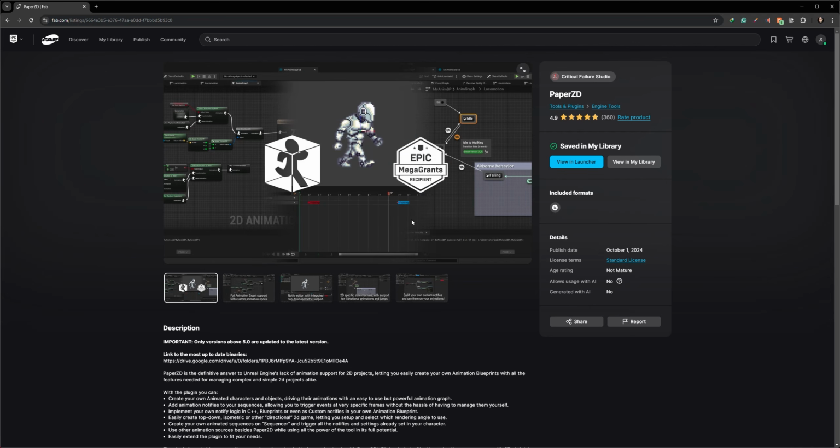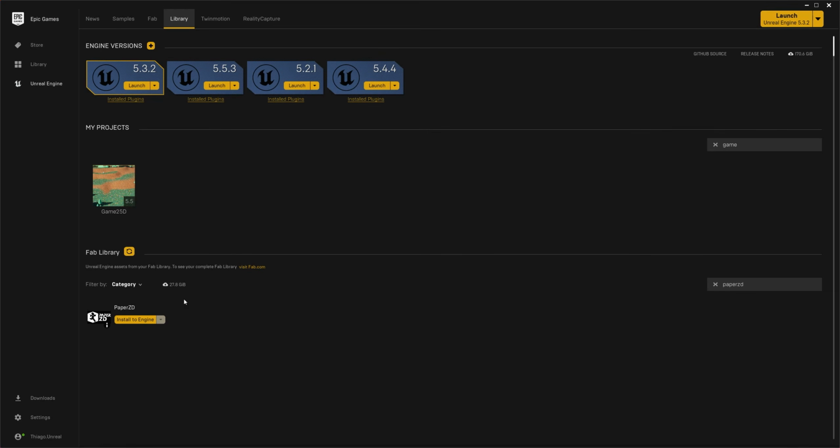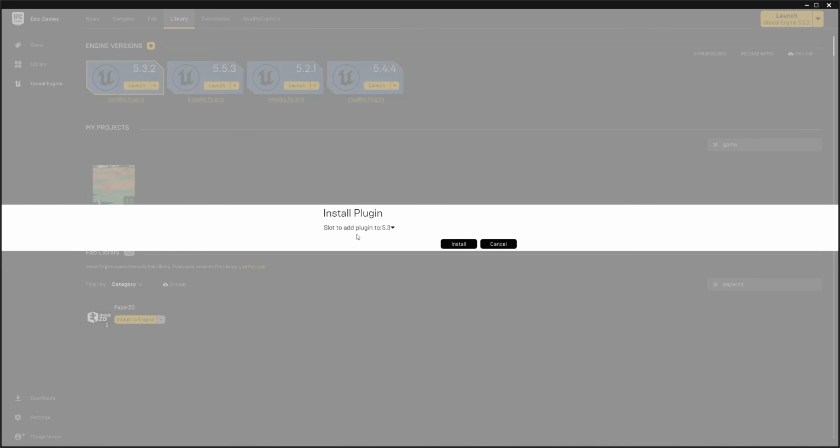You can use the vanilla tools inside Unreal, but this really will help you speed up the process. It was an Epic Mega Grants recipient, so you know that this is going to be forever free and available for you. After you download it, it's going to show up in your Fab library. You might need to press the refresh button a few times due to the nature of how this works right now. Sometimes when you make a purchase or you add something to your library, it takes a few tries to show up. But just do that, and when you see PaperZD, you can just click it and say install to engine.